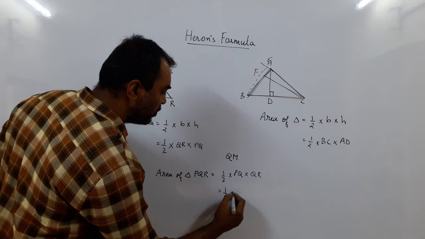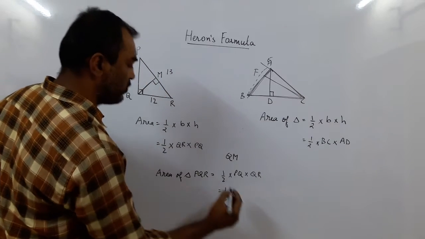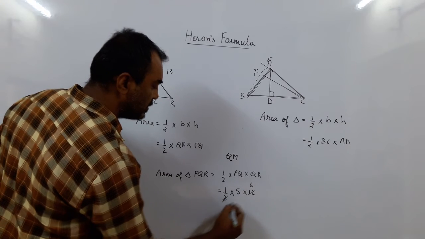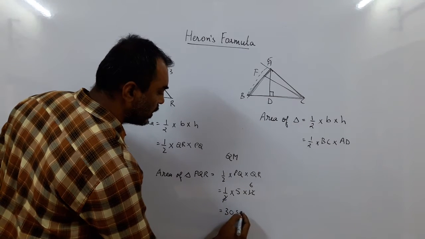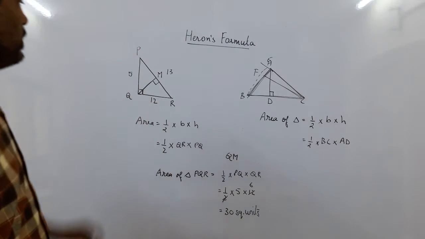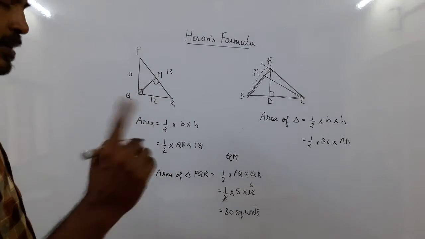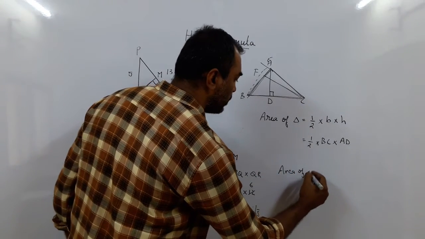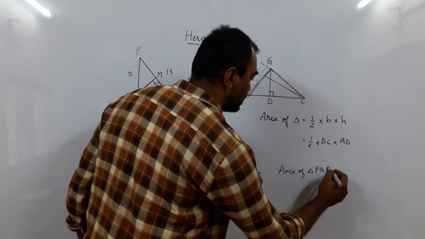So it is half into PQ, that is 5 into 12. 2 1s are 2, 6s are 30. So 30 square units is the area of PQR. That is one way. Also, area of triangle PQR, again the same triangle this time,